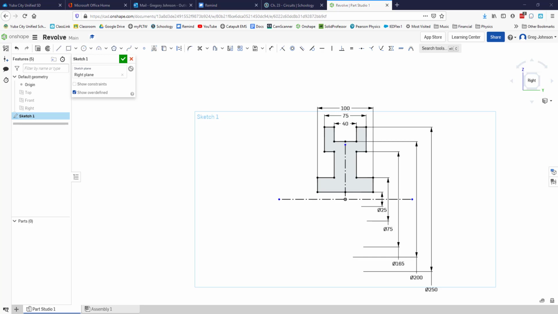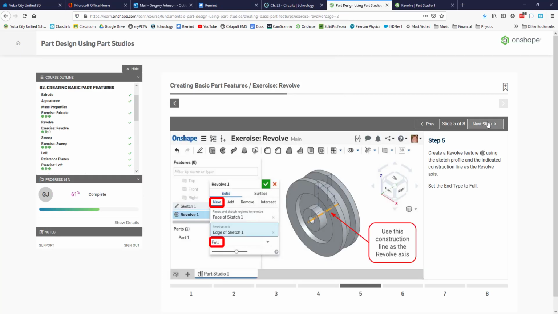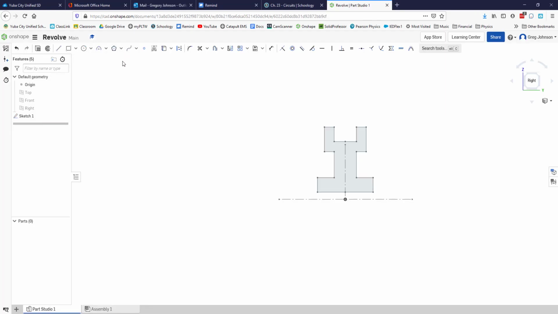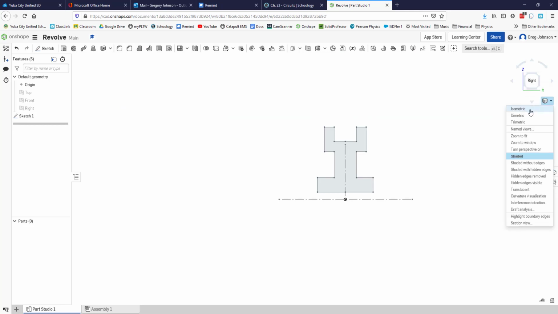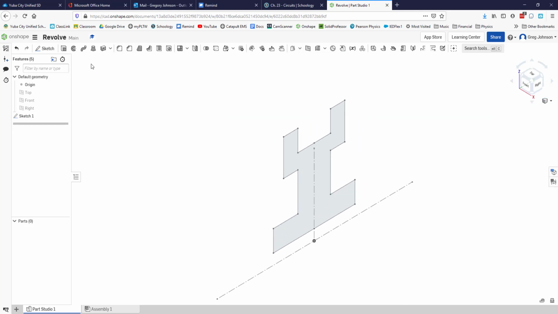So what do they want us to do next? Well, let's see. Now we're going to actually do our revolve. Okay, so we're going to do a revolve, and we're going to use that axis as our revolve axis. So let's go back to our part and finish our sketch, because you can't do things like revolve until you finish your sketch. And I'm going to do the isometric view, and then I'm going to get the revolve tool,